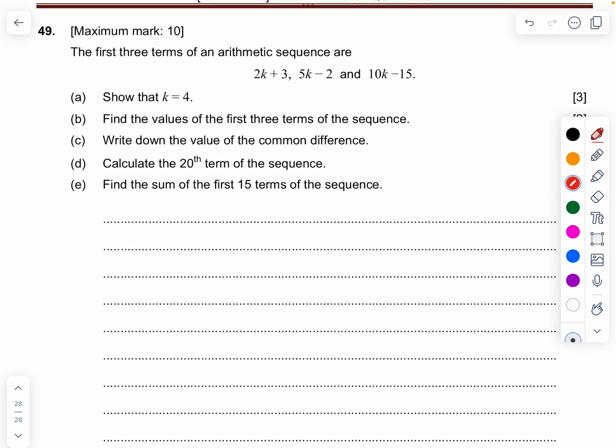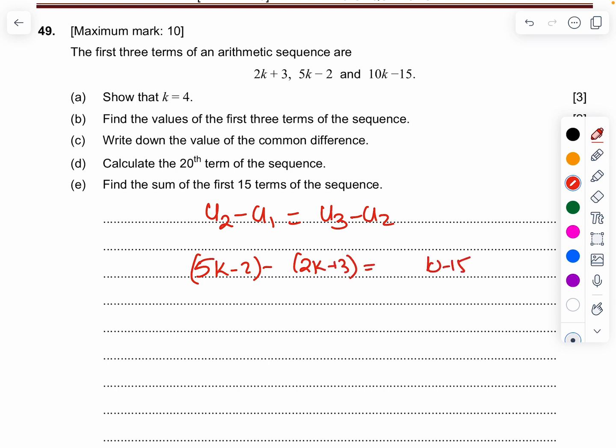The first 3 terms are given. Show that k equals 4. Whenever the 3 terms are given, just now we have learned second term minus first term equals third term minus second term. Second term is 5k minus 2 minus (2k plus 3) equals 10k minus 15 minus (5k minus 2). So it's going to be 3k minus 5 equals, this is u3,